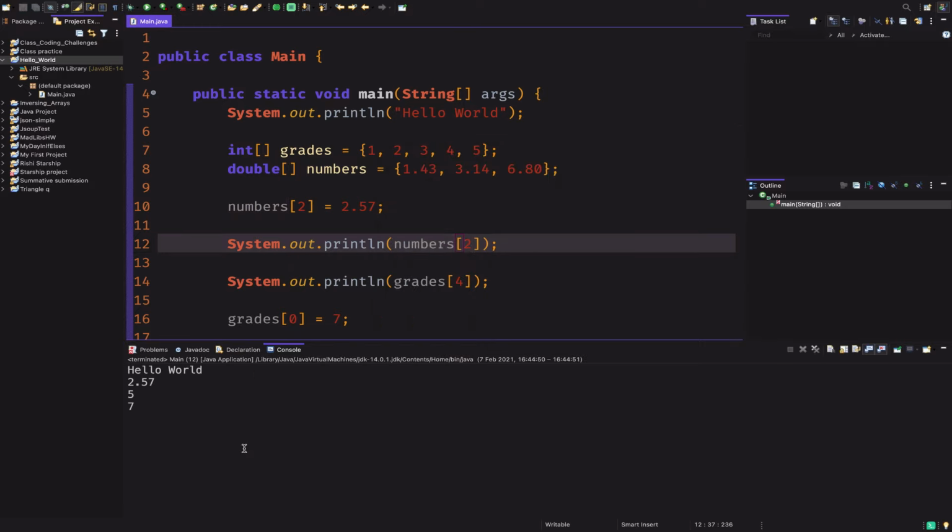Which is one thing you do need to be very careful of, is array indexes. Because it's really easy to go out of bounds in Java. Whenever you're working with arrays, always make sure that the indexes you're referring to and the values you're printing out or the values you're using for other kinds of things, always make sure they match up with what you actually want to do. Otherwise, as you saw before, when I typed in 1, you might actually get a different value. So even though the value 6.8 is changed to 2.57, it still only prints out 3.14 because this is telling it to print out the item at index 1 in the array numbers.